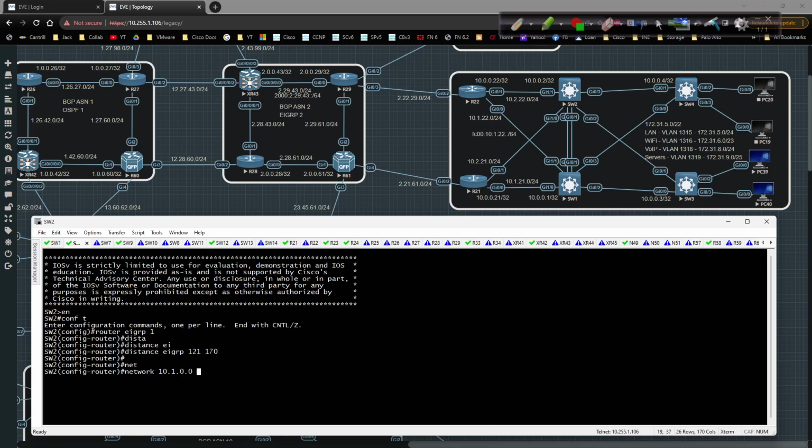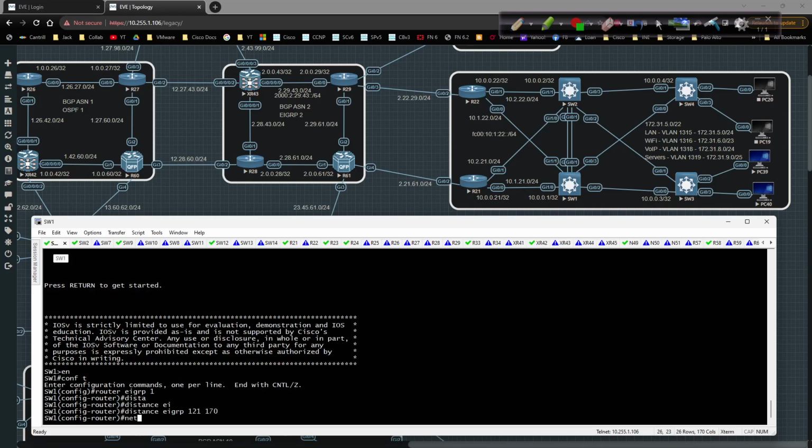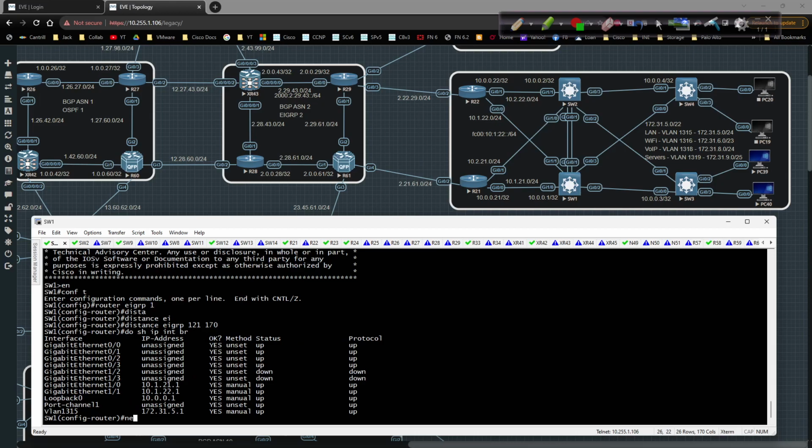10.1.0.0, 0.0.255.255, and 10.2. And then I'll go over to switch 2 and do the exact same, or sorry, switch 1. I'll do the same thing there. So I'll type in network, by doing show IP interface brief. So I'll type in network